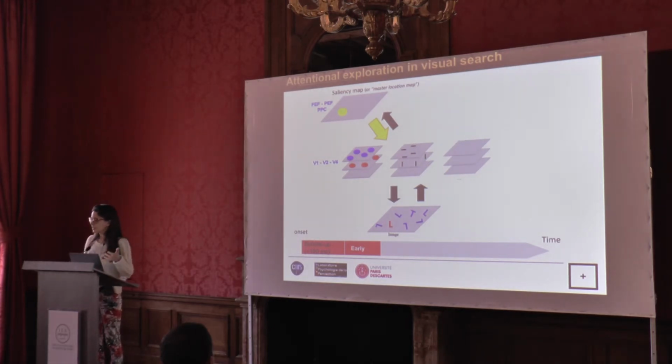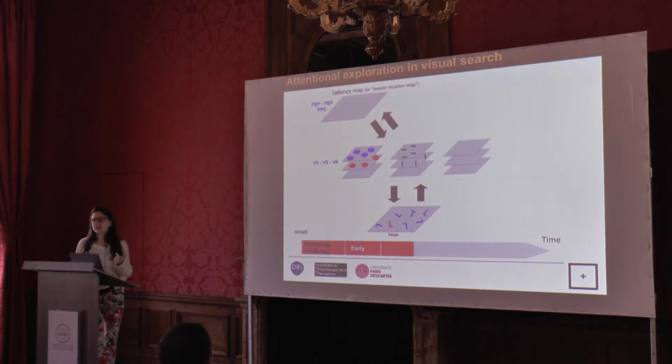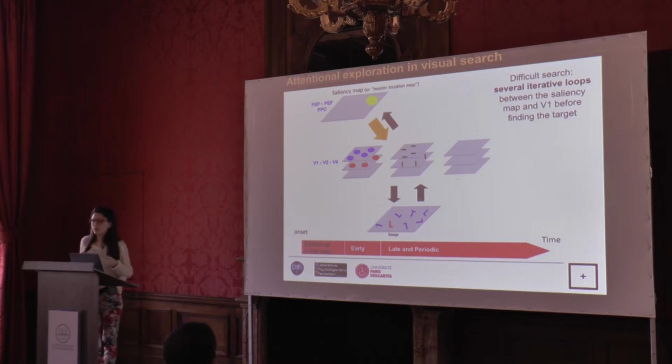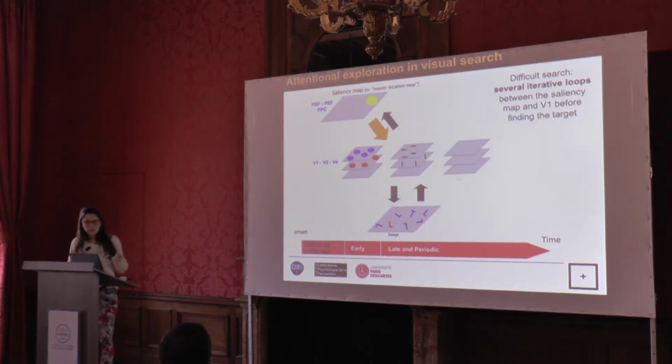Now imagine that it is a difficult search, like here finding a T among Ls. Now there's not necessarily any difference in saliency between target and distractor. So you select one, you check, you enhance, it's not the target. Well, you have to go back up, select another one, and go back and enhance the processing of that one stimulus, and so on and so forth until you finally find the target, and tell me, okay, the target was present or it was absent, right? So in a difficult search, you might think, according to this model, that there are several iterative loops between high and low level areas, meaning that these low level areas are going to be involved at multiple delays during the